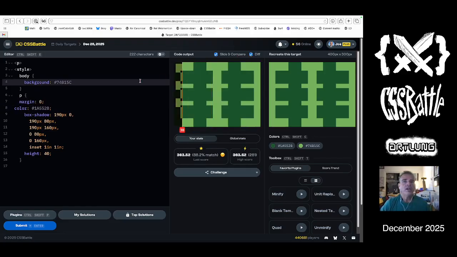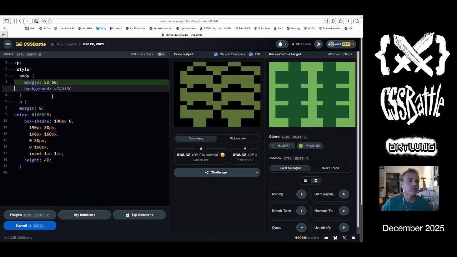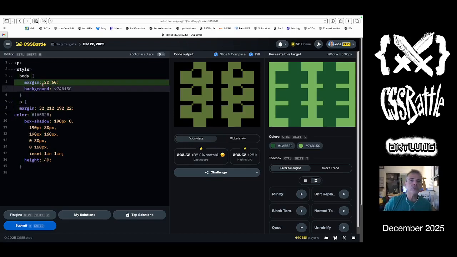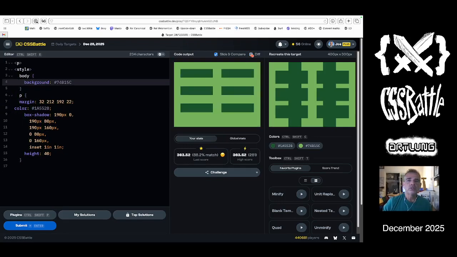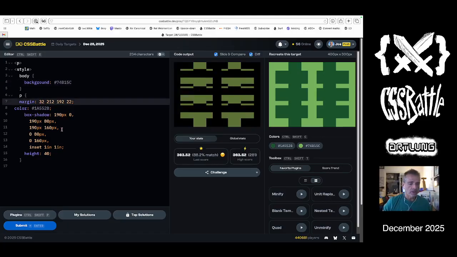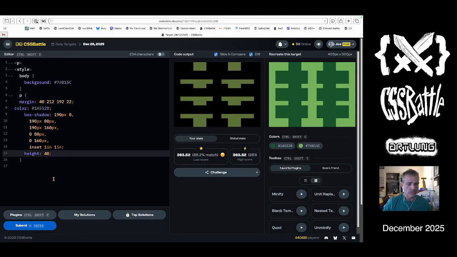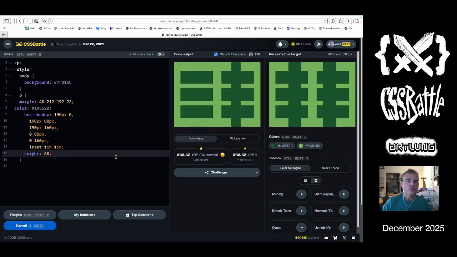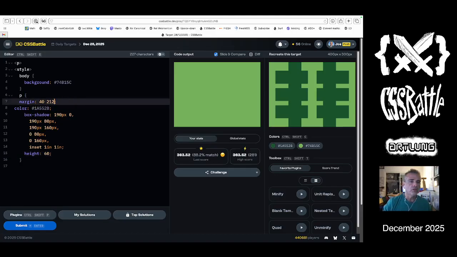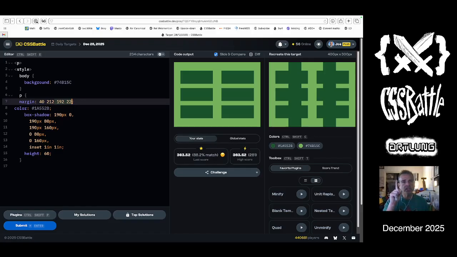Great. So now we're doing the same thing again. So let's put those back, remove the margins on the body. Close. So then it's 40, 40, 40, 40, and then the height is 60. There it is. So 4 2 1 2 might be all the margins we need. Yes? 40. So 40 on the top, 2, 1, 2, and we don't need this number, or we need a 0 there,